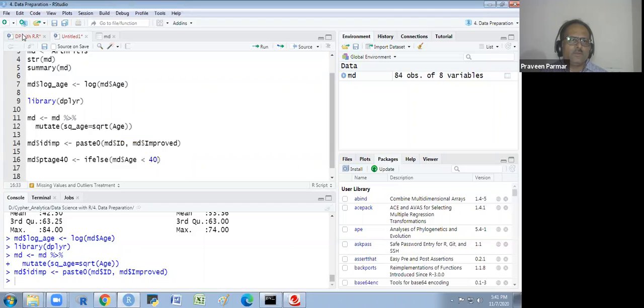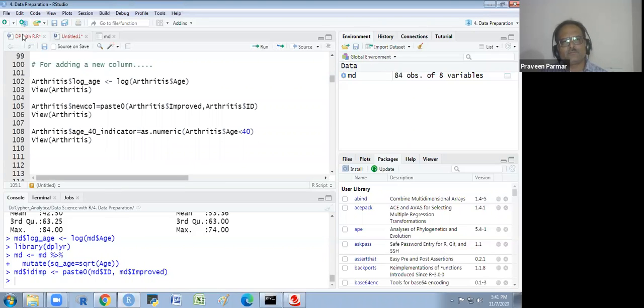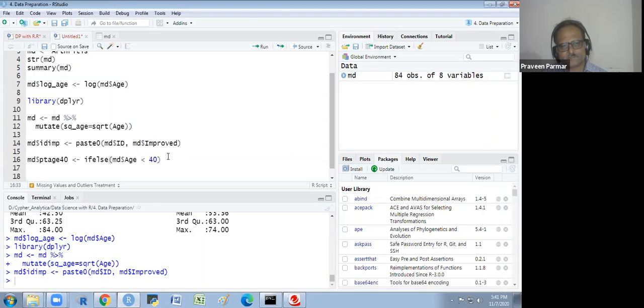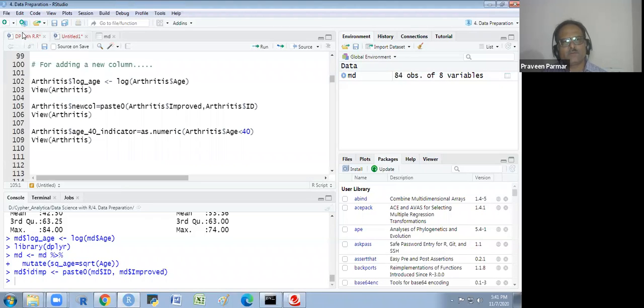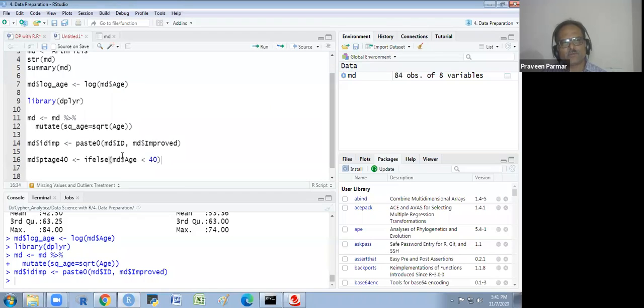And I could use this in that way also. If I don't use the if else, that is okay. I am not using if else, I am just using this. Okay.